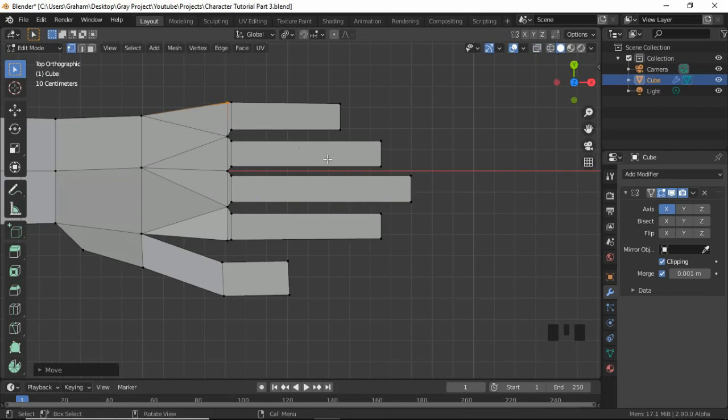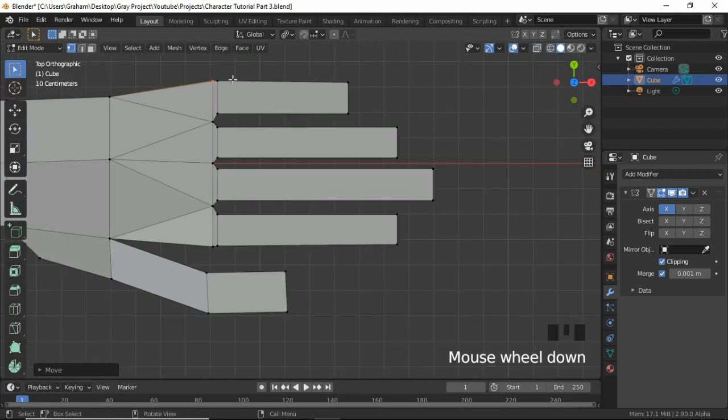So yes, what I'm basically gonna do is I'm gonna add loop cuts. So press Ctrl R and left click and right click to center that one in the middle. Press Ctrl R again, left click, right click,